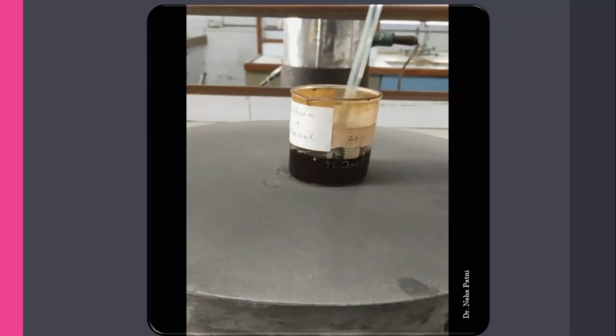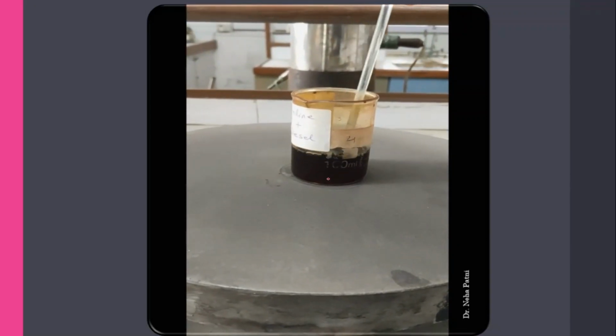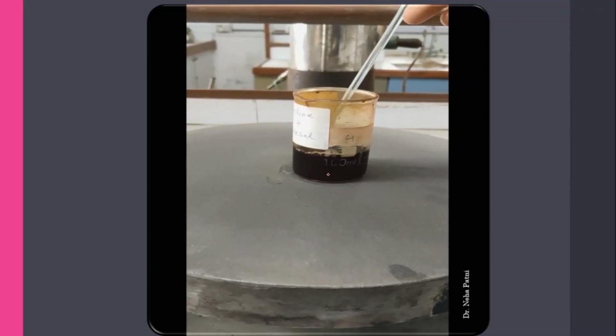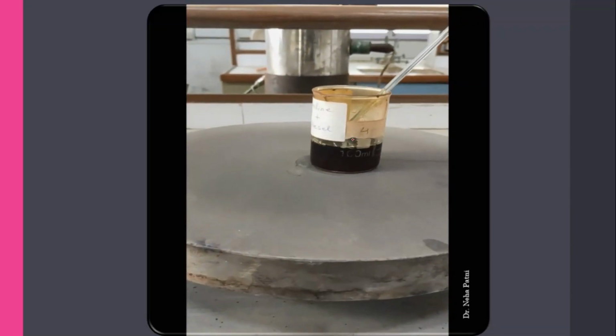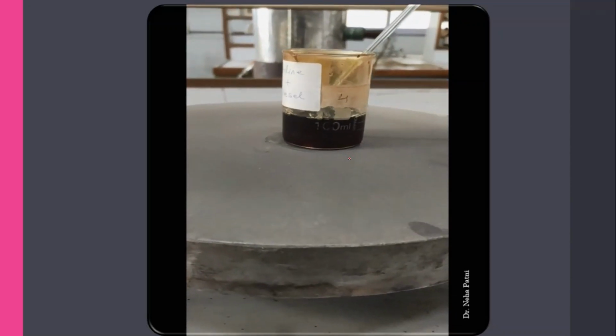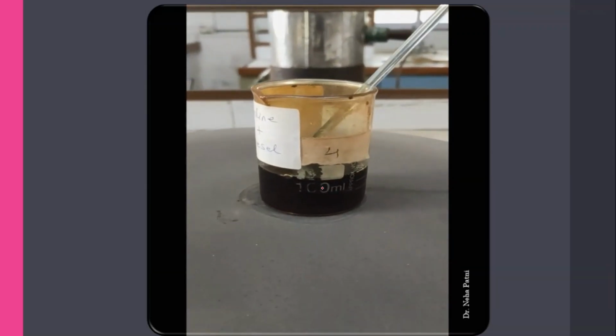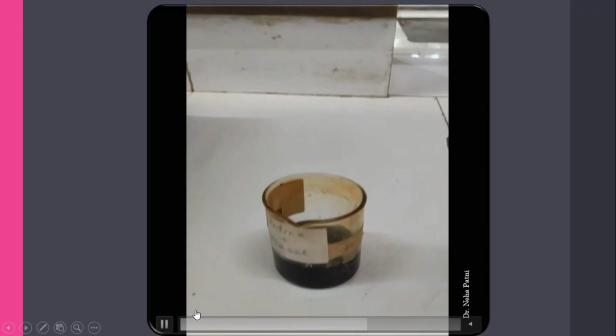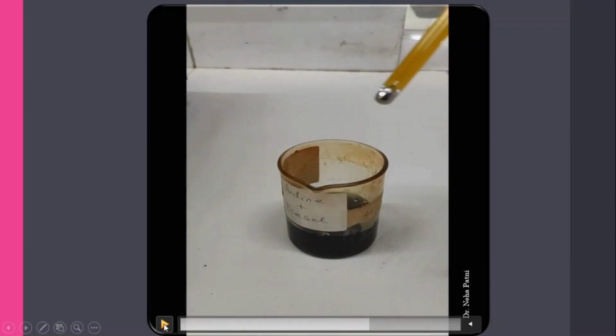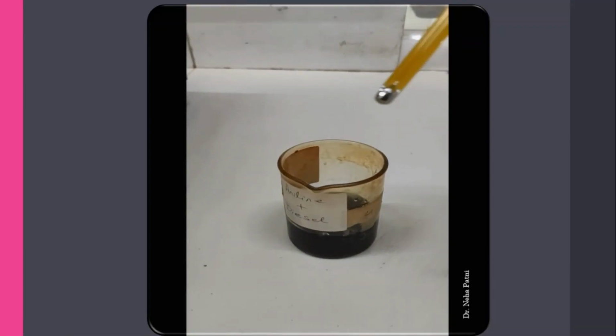See, I have left the rod, and I can still see two layers. I still have to stir so that there is no separate layer. See, now it is completely mixed. There is no separate layer, that means these are mixed. Now this is the temperature I want to note, but I'll take a pause here. If I put a thermometer at the same moment on the hot plate, the temperature may rise.